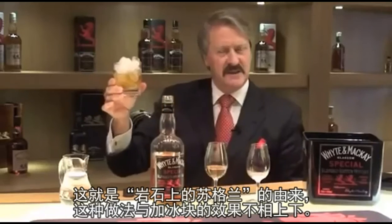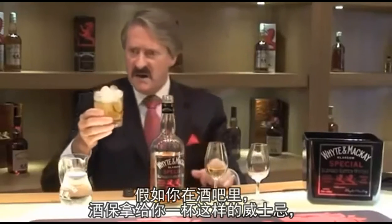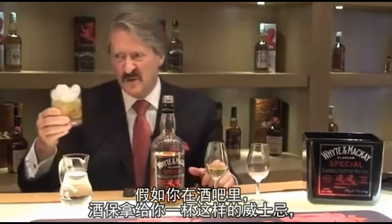All I'm saying to you is this. If you're ever in a bar and you want to try and enjoy your whisky this way, don't take it. Take hold of the barman and show him what it's all about. You chuck it away. You don't